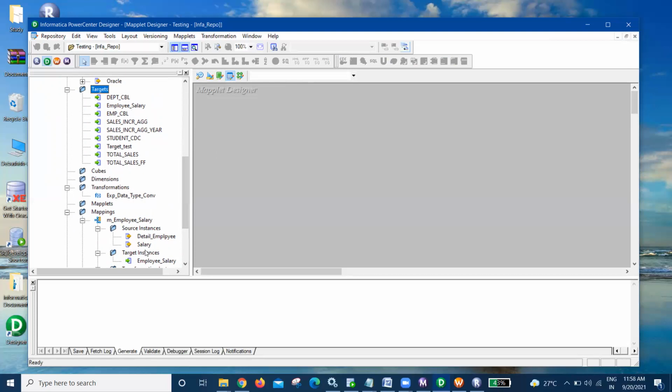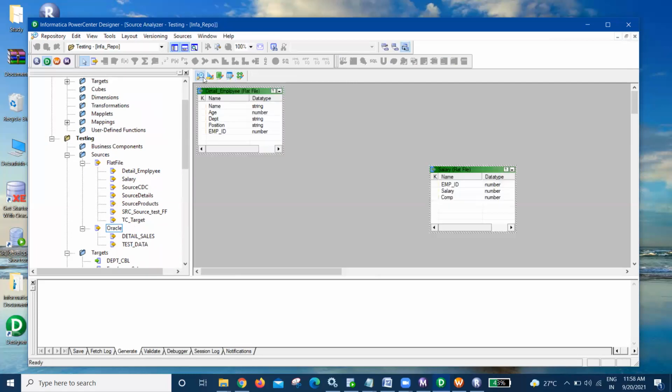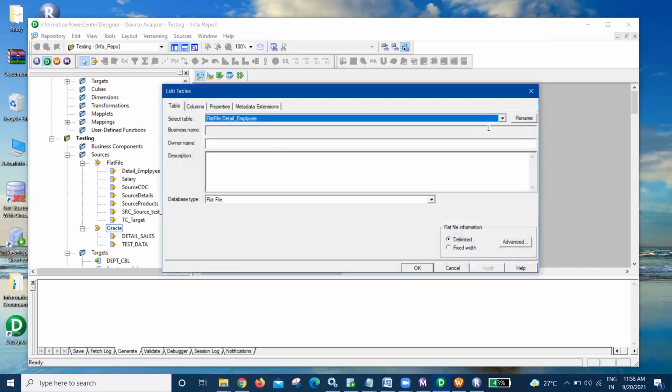Okay, so now you see there are different groups within this, right? What does it mean? While creating any particular source or target, let me show you an example. Double click on it. It is giving you the database type, right? So here you create something.